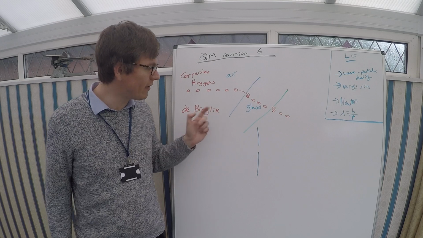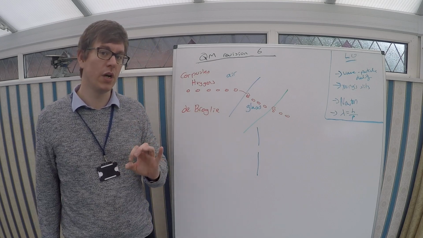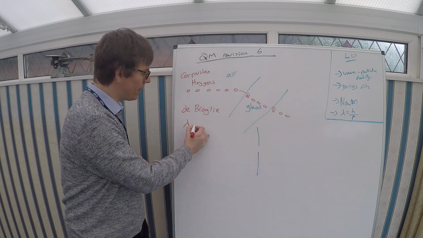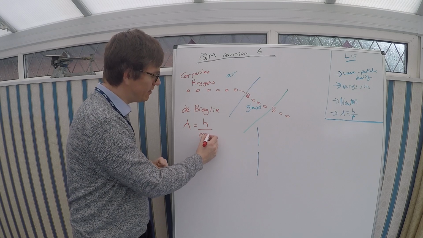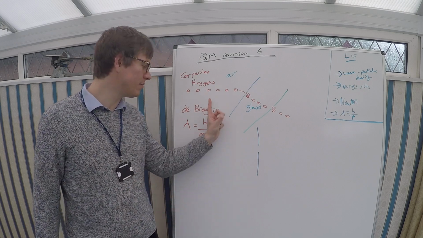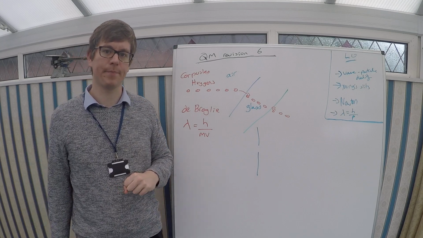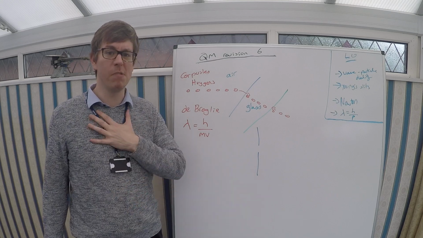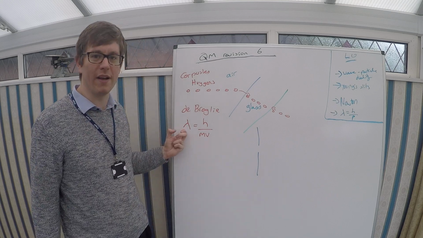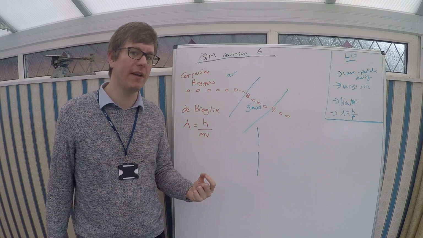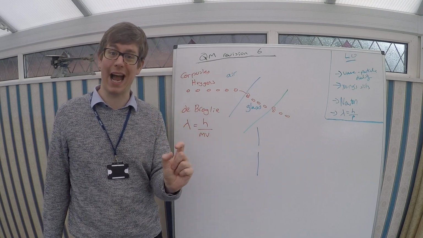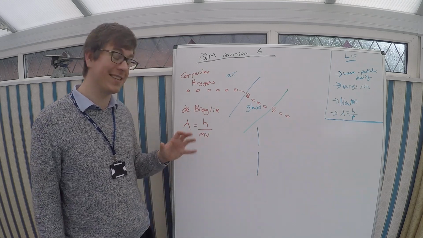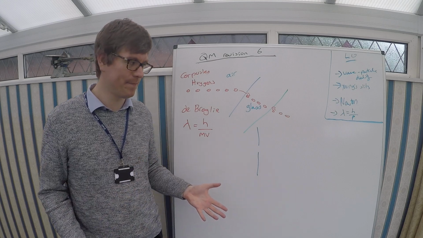So the de Broglie wavelength of a particle tells you how wavy the particle is, and it's given by the wavelength is equal to h, which is just a constant, divided by the momentum. So as the momentum goes up, the wavelength goes down. It turns out if you whack the numbers in, you're not going to see things like me or a tennis ball ever act like a wave, because they'll have such pointlessly tiny wavelengths that you can never get them close enough to a gap such that they'll diffract. Because as we well know, diffraction only happens when the wavelength is similar to the gap that you're passing through.